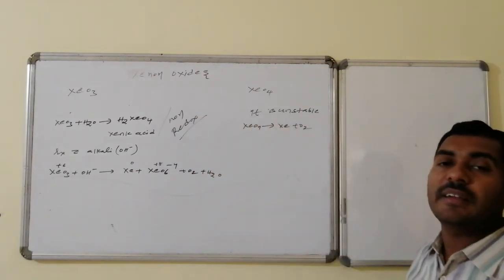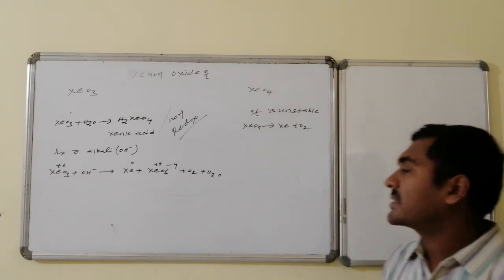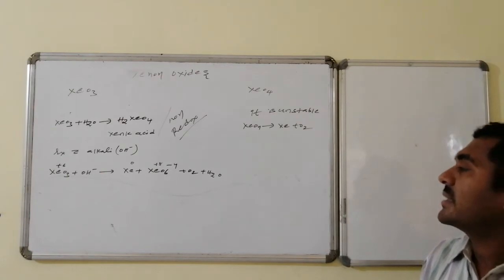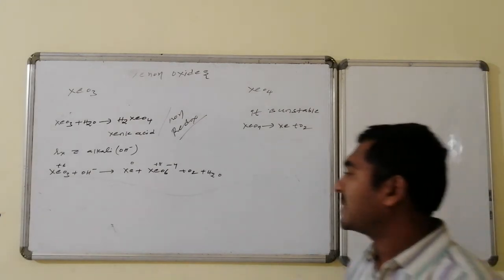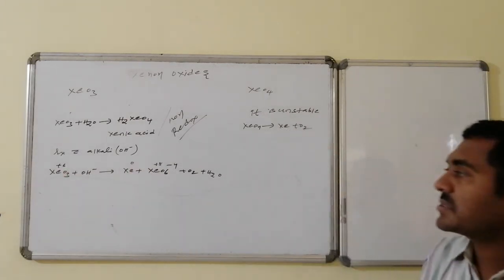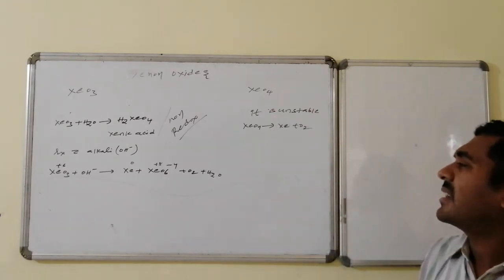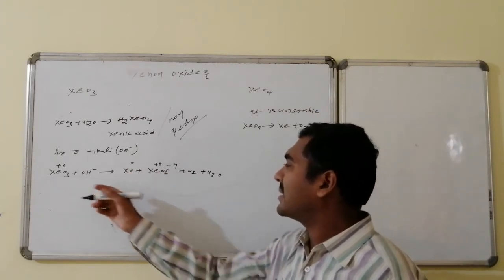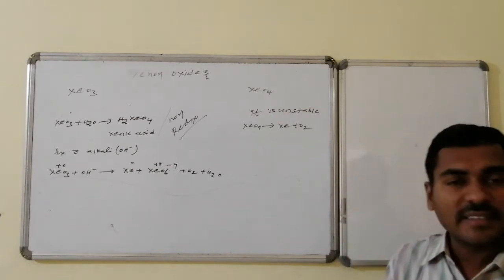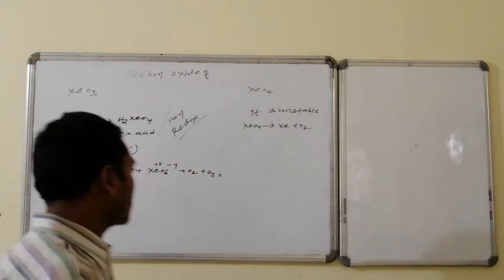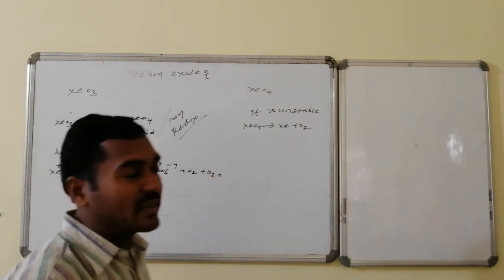Whereas on reaction with alkali it undergoes disproportionation. Suppose on reaction with any base, it is converted to xenon followed by XeO6 4- perxenate ion formation. The +6 oxidation state is converted to 0, which is reduction, and the +6 is converted to +8, and that is oxidation. In order to balance the oxidation numbers, extra oxidation should occur, and that is possible by liberation of oxygen also. Hence it is redox followed by disproportionation. Redox followed by disproportionation reaction.